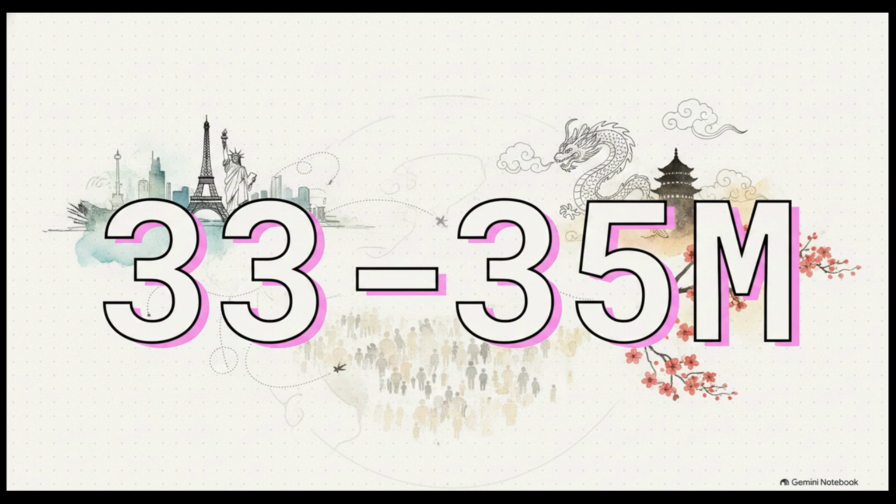We are looking at an estimated population of 33 to 35 million people worldwide. Now, just a quick caveat on the data here, all diaspora population numbers are estimates. Different host countries count who belongs using different ethnic, religious, or linguistic criteria. But honestly, by any metric you use, the Chinese diaspora is one of the largest on the planet.